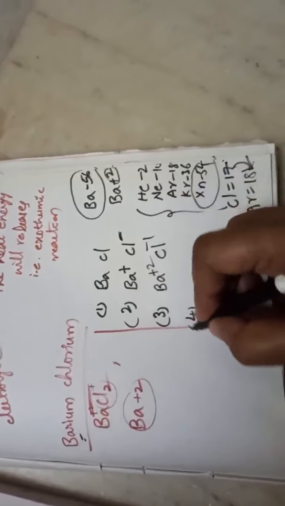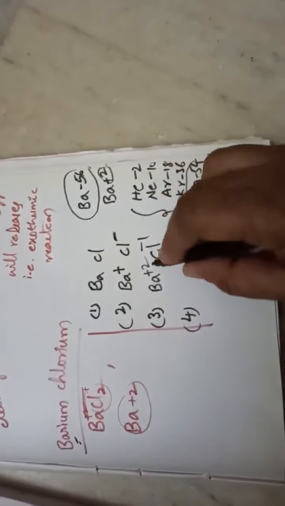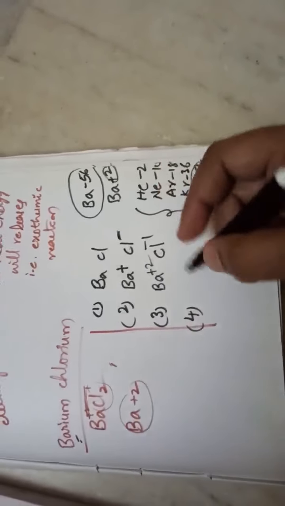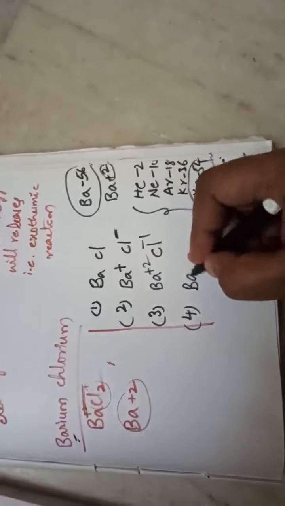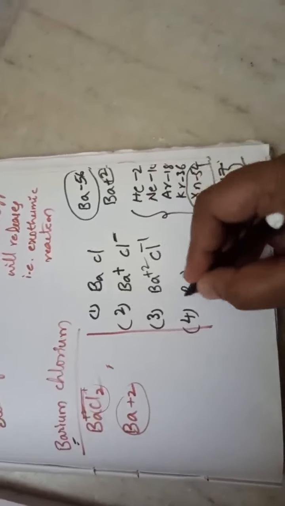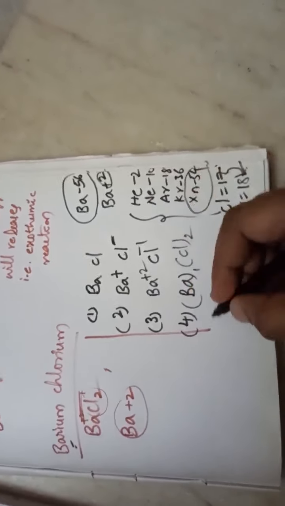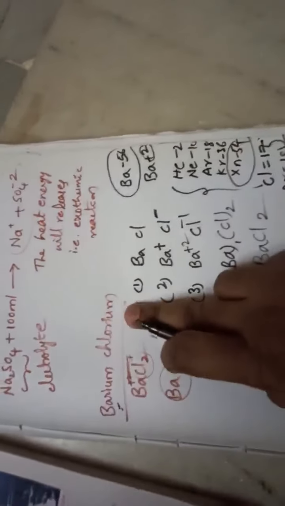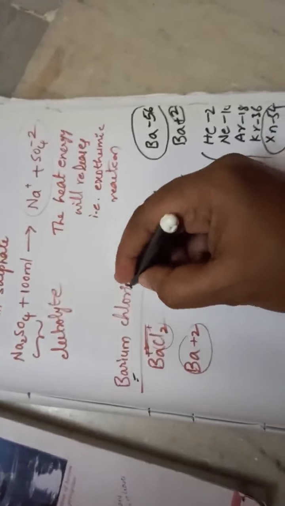And coming to the fourth step, here no need to take the HCF because for 2 and 1 the common factor is 1 only. So I am interchanging the valency numbers like this. So here we will get BaCl2, the barium chloride formula. Barium chloride formula is BaCl2 here. I think you got this point, children.